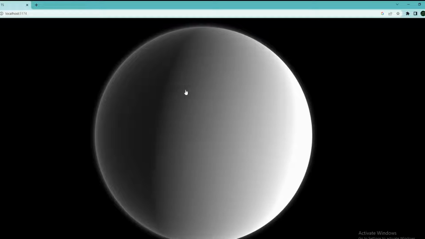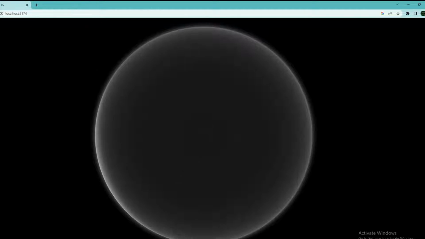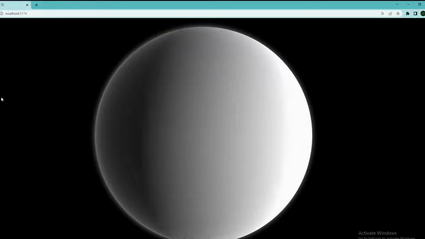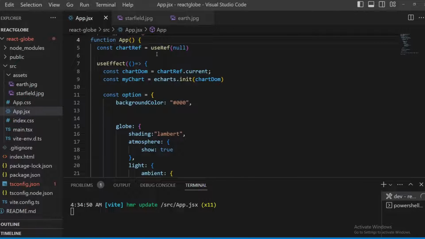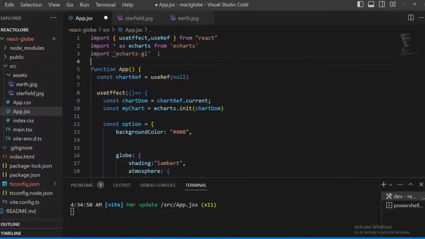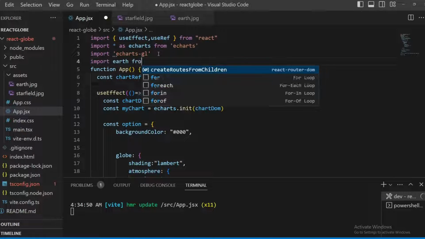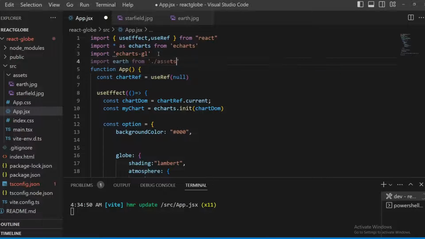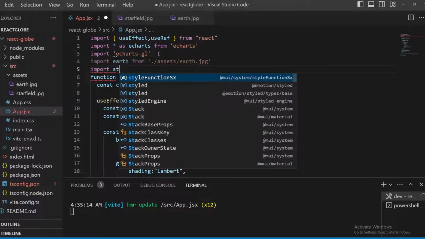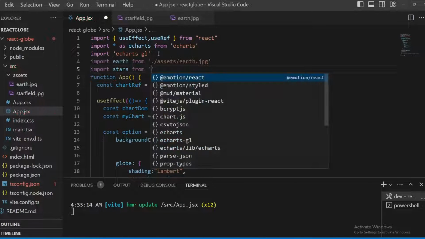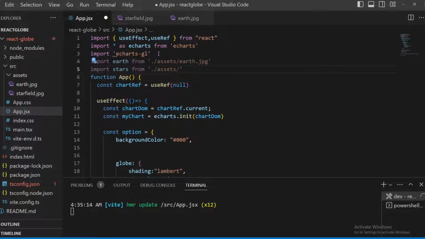But how do we make it look like the Earth with the stars? Well, I will show you in the next part. For this, we should put these two photos, one of the Earth and the other one of the star fields, directly on top of our globe. And first of all, we should import both photos. So let's import Earth from assets earth.jpg, and after that, let's import our stars from the same folder, but with the